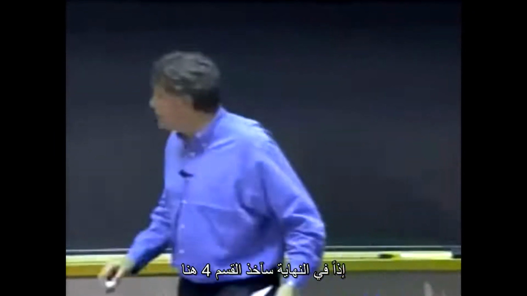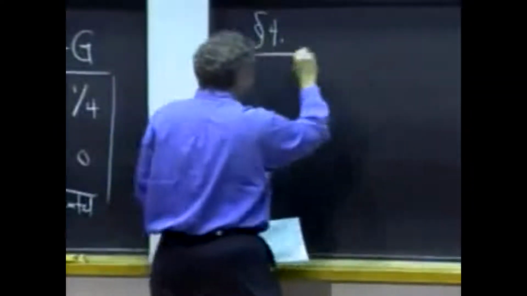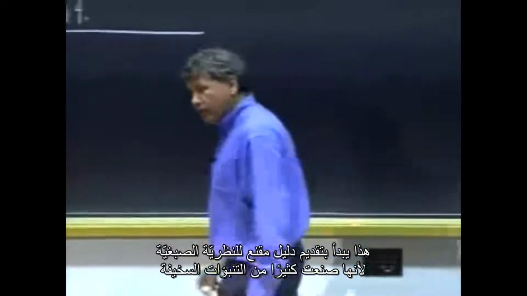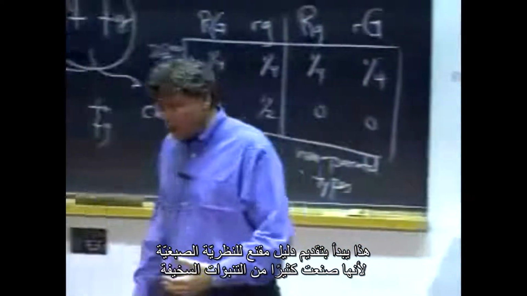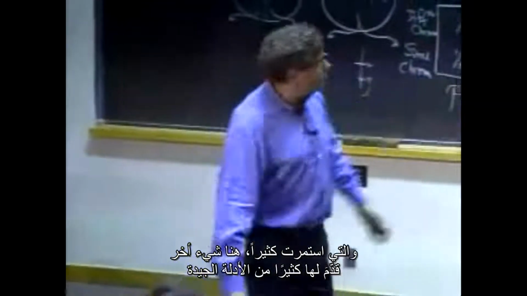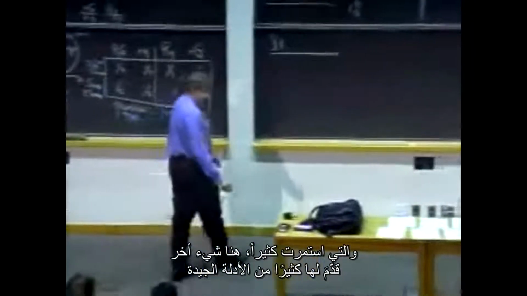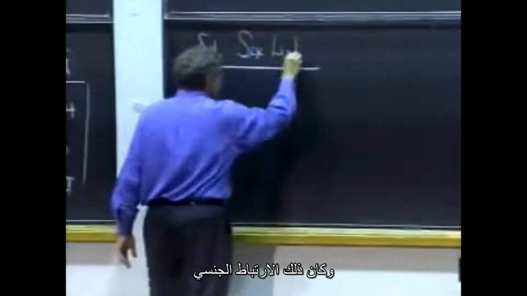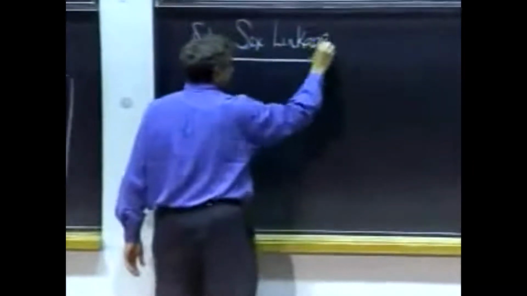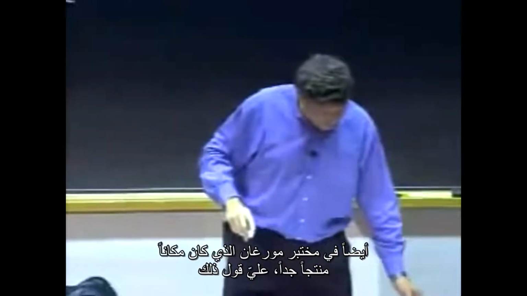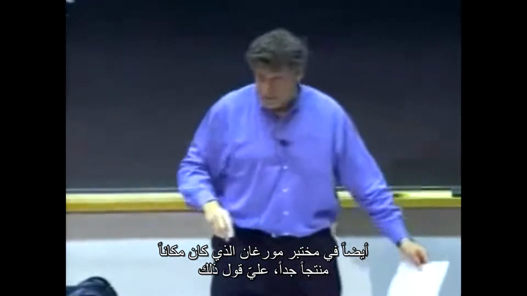So last of all, we take section 4 here. This begins to provide fairly convincing evidence for the chromosomal theory because it made a whole lot of pretty wacky predictions, and they pretty much hold up. Here's another thing that provided a lot of good evidence for it, and that was sex linkage. Also in Morgan's lab, which was a very productive place, I must say,